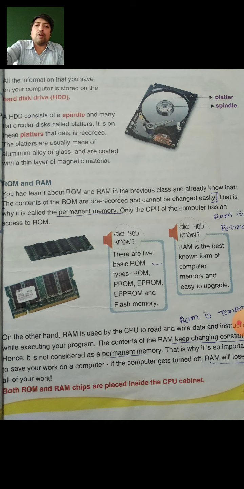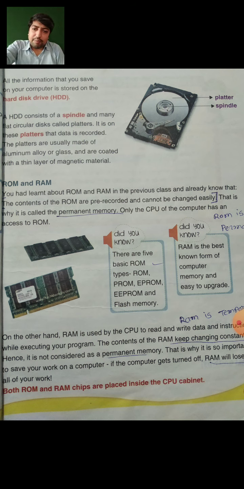We have already learned about RAM and ROM in the previous class. The contents of ROM are pre-recorded and cannot be changed. I already told you that it is permanent content and we can't change it. For example, the operating system is the main important example, which you should keep in your mind, because whenever you face different exams, one question will be there. The operating system of the computer is a permanent record; it generally can't be edited by a user. It is inside the ROM.